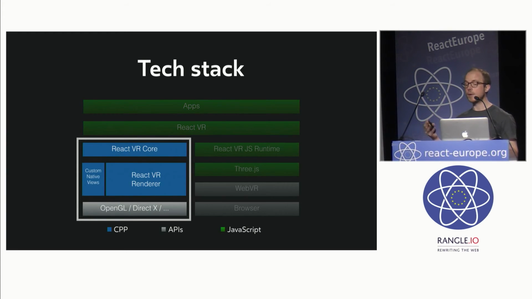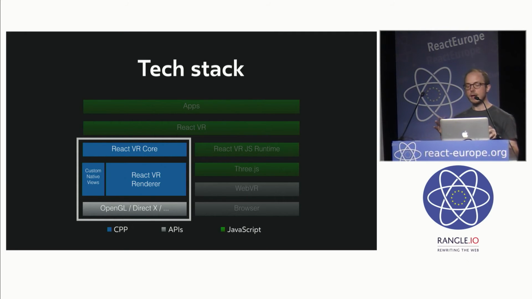Going a layer down, we have the native CPP runtime. This is the runtime used for the development of Home. But we're also in the process of integrating this into a number of other engines, so the benefits of React VR can be applied again for many more applications. Like React Native, JavaScript core is used on Android, but we also have a V8-based executor, which is used for Windows.